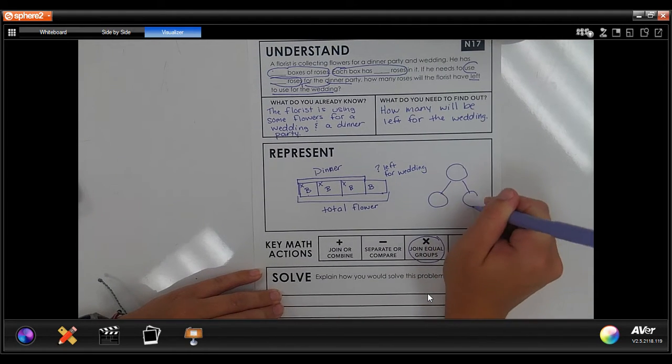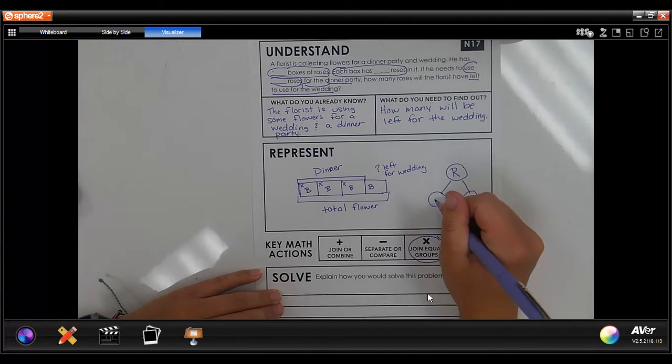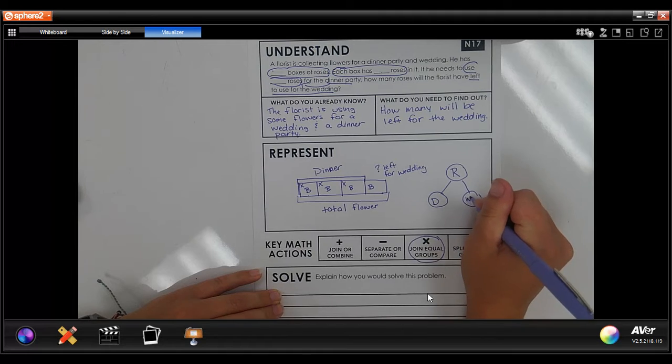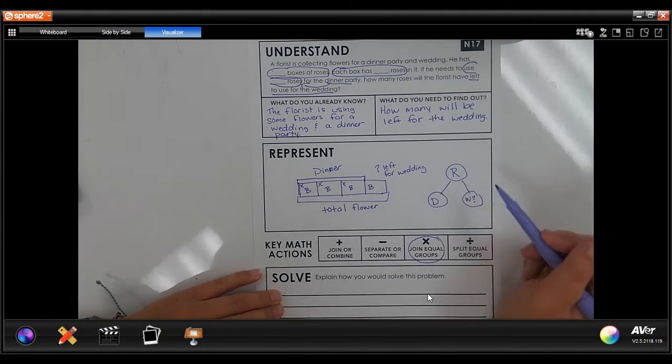So this is the total amount of roses he has. We know how many he uses for the dinner party, and we want to find out how many he uses for the wedding. So if I have my whole and I have a part of the whole, and whoops, sorry,